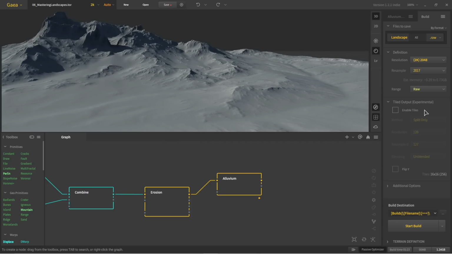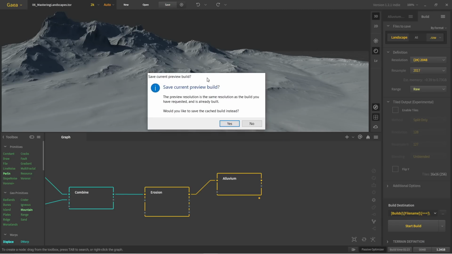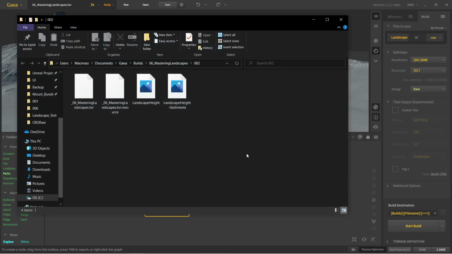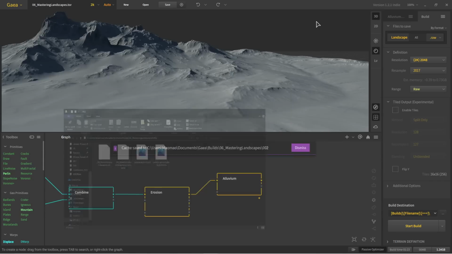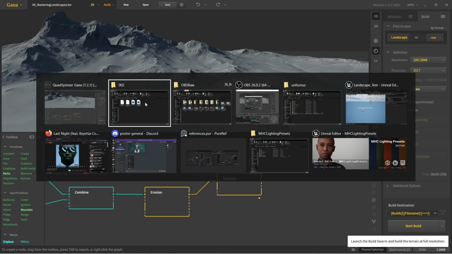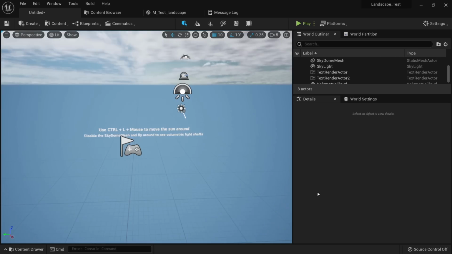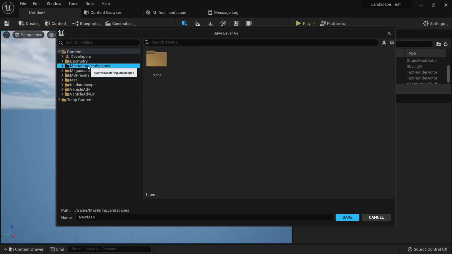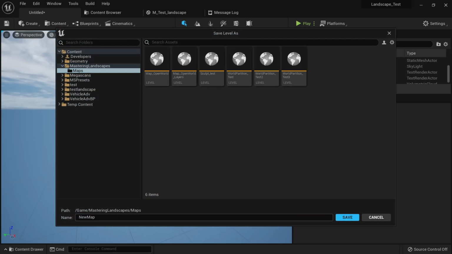But for now, we are going to stick with 2017 with a raw format, and I will just start build. I already have the cache data for my files, so I will just build that, and it's safe. I will copy this, and I will come here to my landscape. Okay, so let's create a new map, mastering landscapes, and then my map, open world